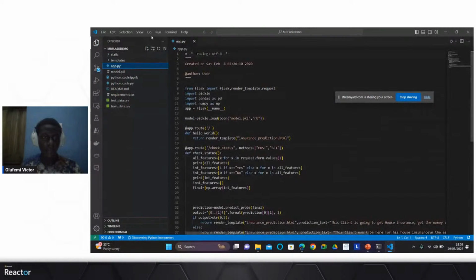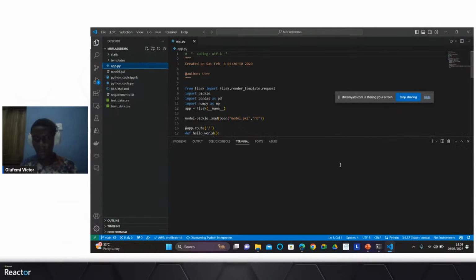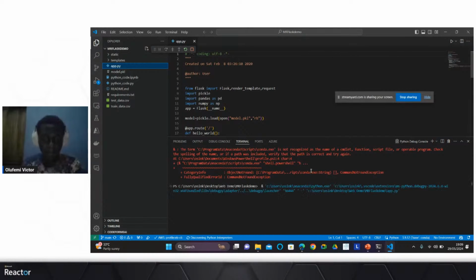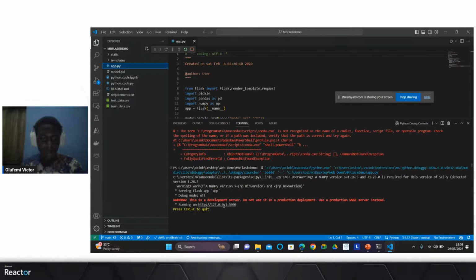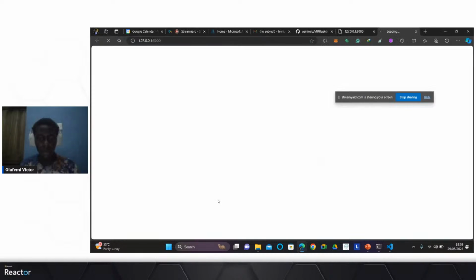Okay, so app, run, and run without debugging. Okay, let's hope it works. Okay, so it's up and running on this URL. So I'm going to open it.